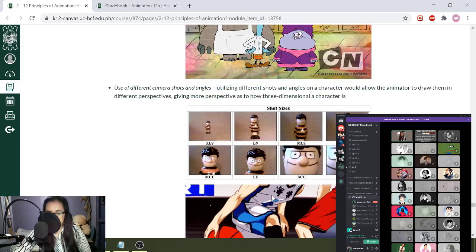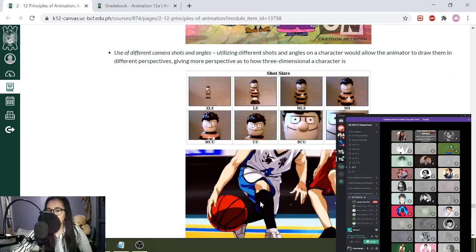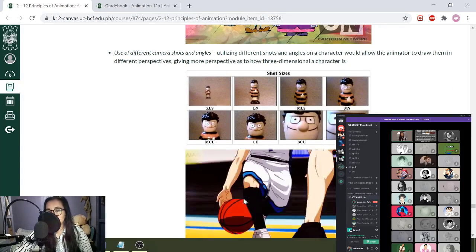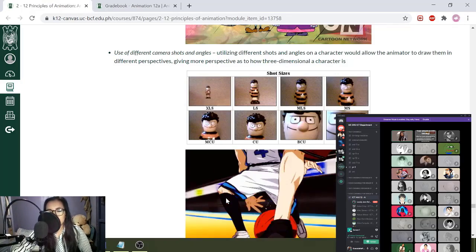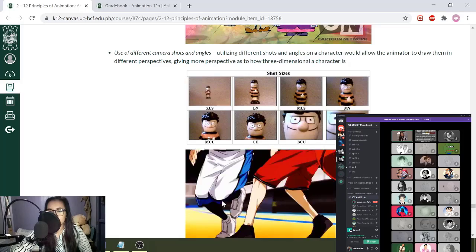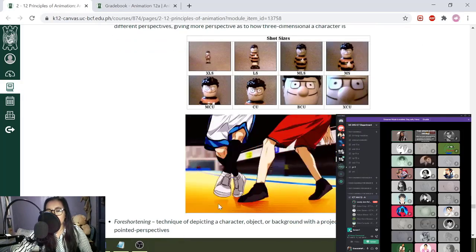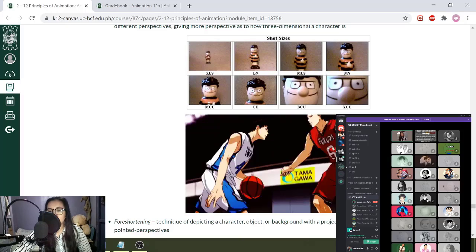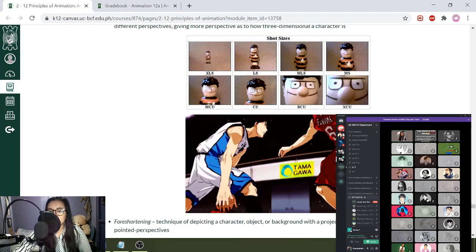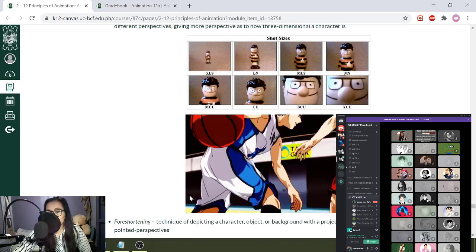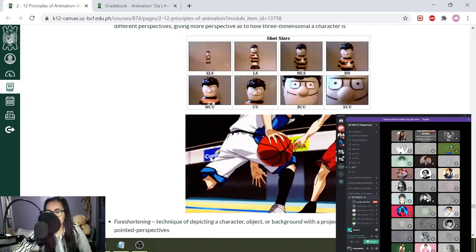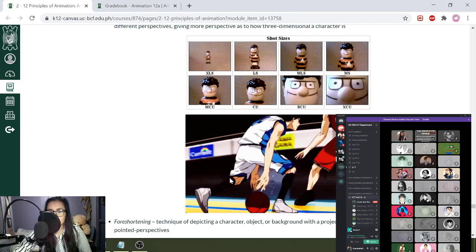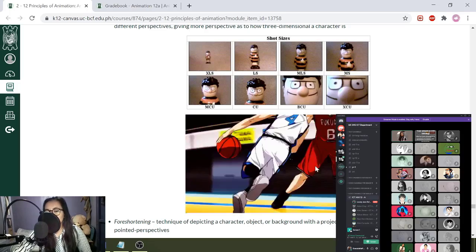Next one is the use of camera shots and angles. So when you're creating an animation, it's not practical for you to just use medium shot all the time or close-up shot all of the time or even long shot all of the time. You have to make sure that you use different camera angles and camera shots even in one scene. So for example, we have Kuroko no Basuke right here. You see that it starts at a somewhat long shot and then it moves to a medium shot and then a close-up shot to almost a POV shot. So you can see that the character moves. It turns towards its side, tapos magba-back view, tapos biglang magpa-front view